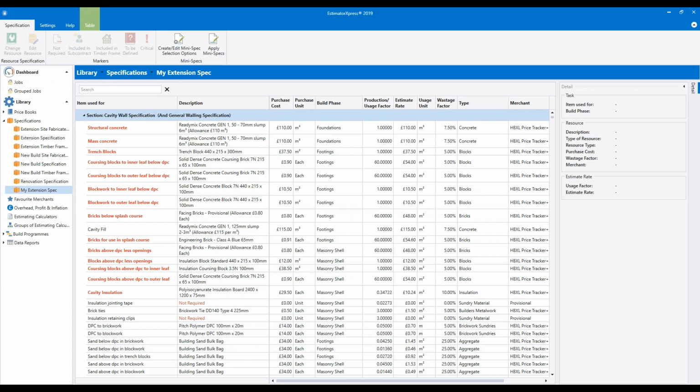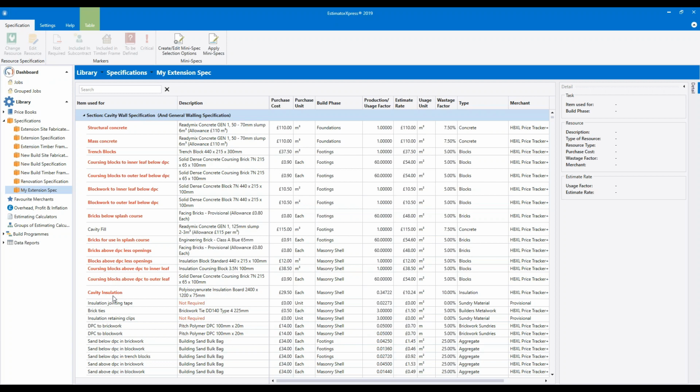Okay, so just a quick introduction to the specification screen. On the left-hand side, the left-hand column is the item used for column. So that shows the different tasks. So the tasks could be a material choice, for example, trench blocks, bricks above DPC, cavity insulation, and so on.